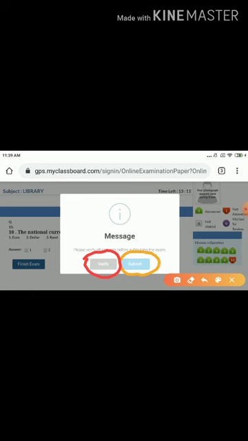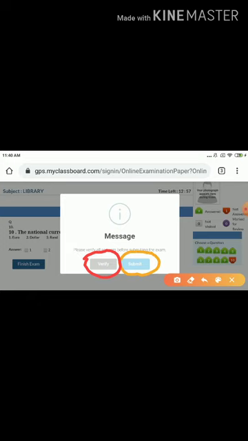Verify means again you can verify, again you can change your options. But the foremost thing is that within the stipulated time, within limited time you can change. After that you cannot change. So we are sure that there is no need to change any option, so we can submit. Sir has already marked with orange color. Now see the submit button option.